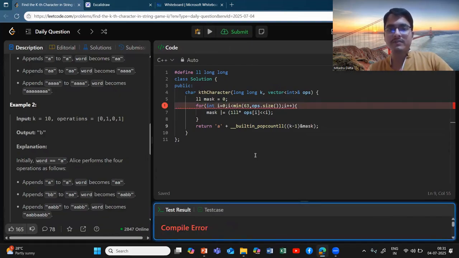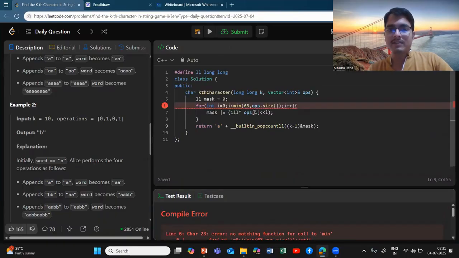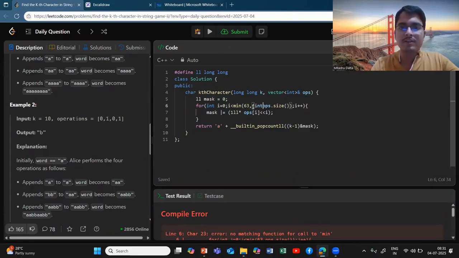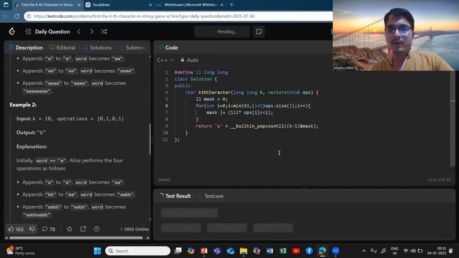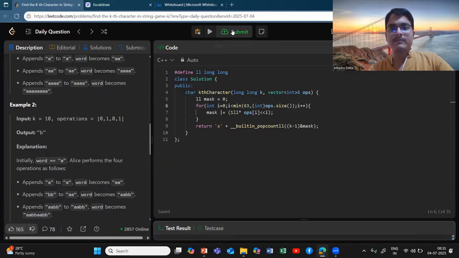So if we try to see, you can see a compiler error over here. It's no matching function, so it means that this needs to be typecasted to an integer value. If you try to run it now, you see we have the accepted case. If you try to submit it,